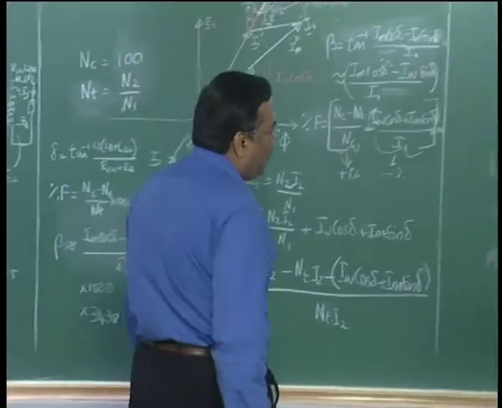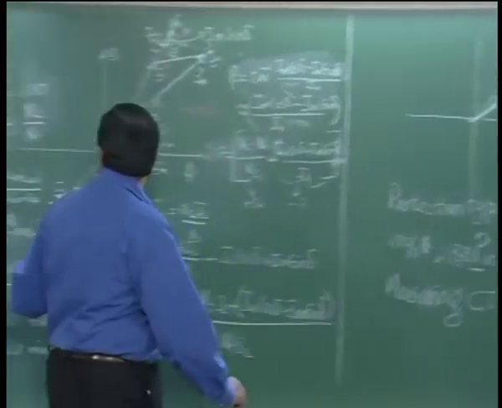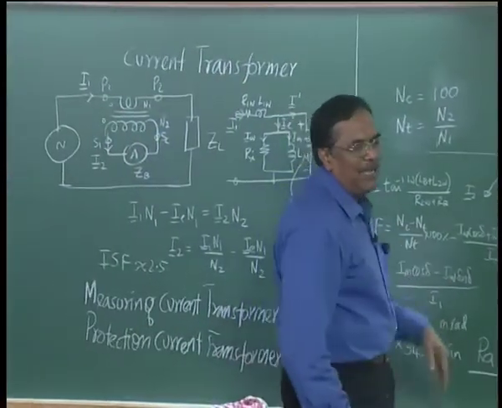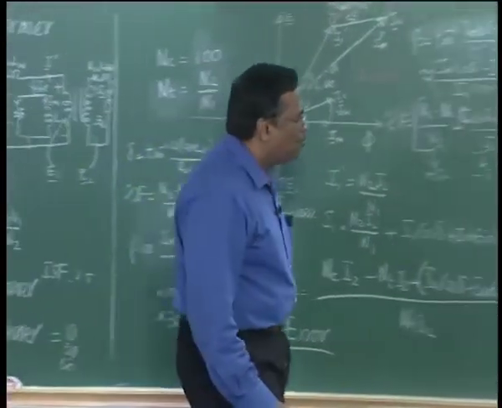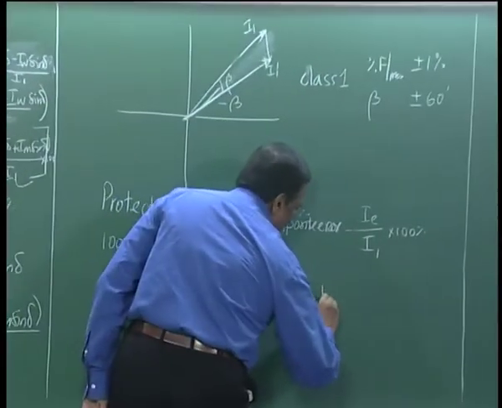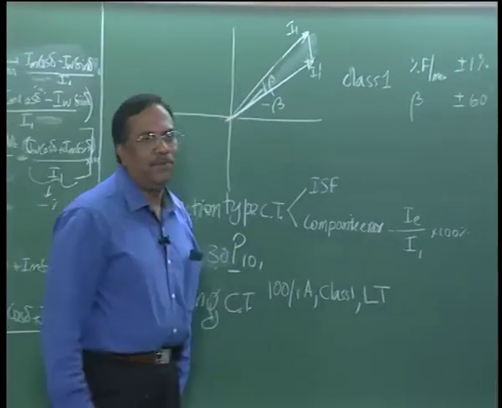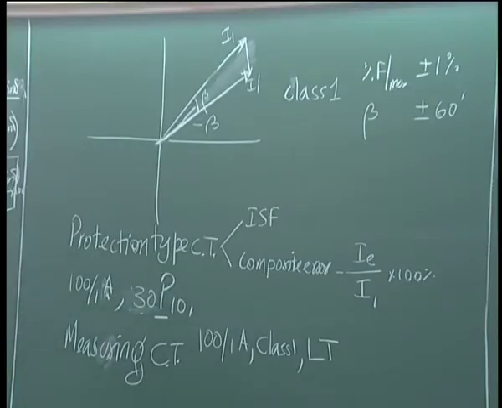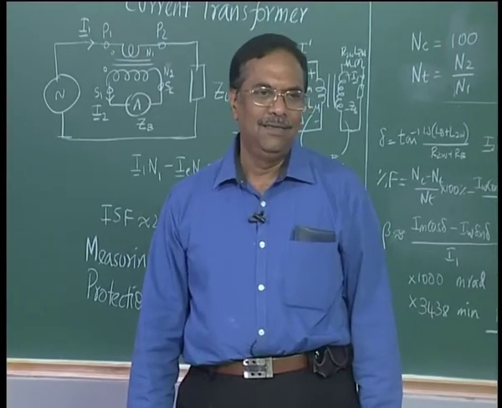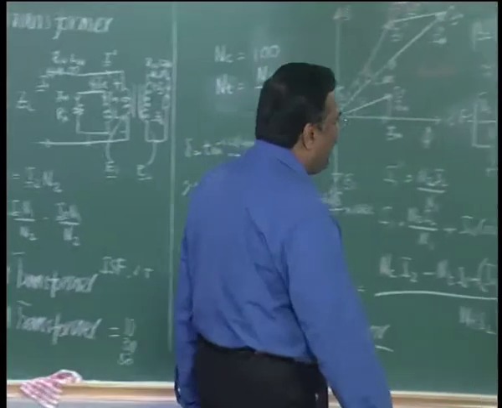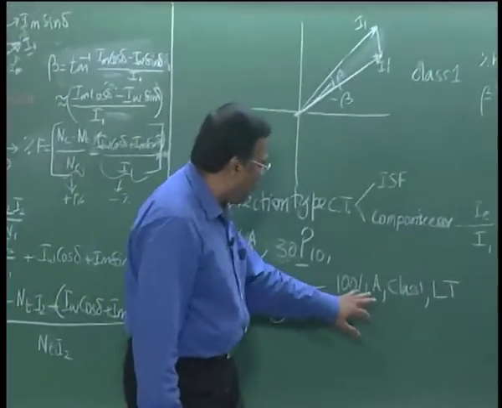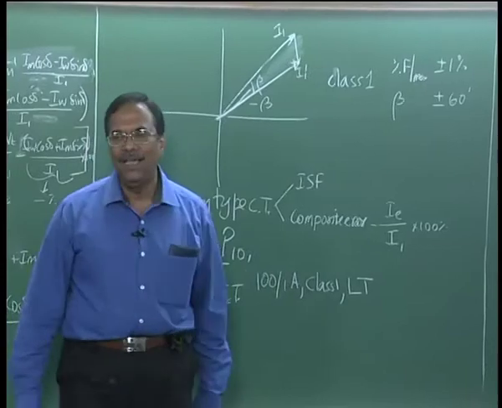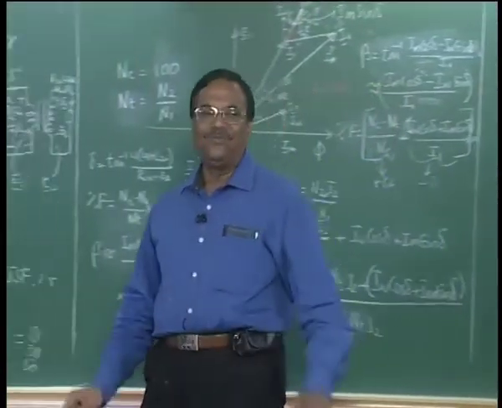So, depending upon the insulation class of the transformer, the insulation that we provide, we also provide the insulation. For example, the moment I put LT CT, it is for 400 volts. LT stands for low tension, right, low voltage, or sometimes they even use LVCT, right. If it is specifically for an 11 kV system, then we say 100 by 1 ampere class 1 11 kV system. Now that also is not enough. Why is it not enough?